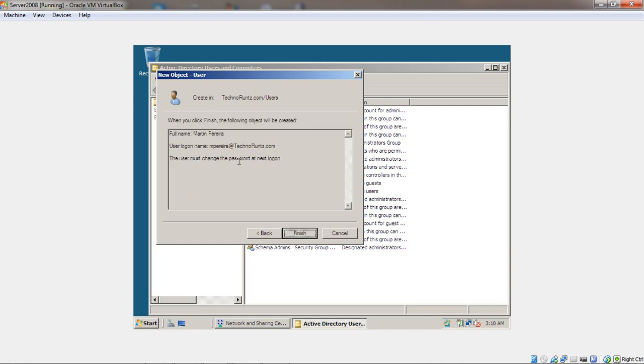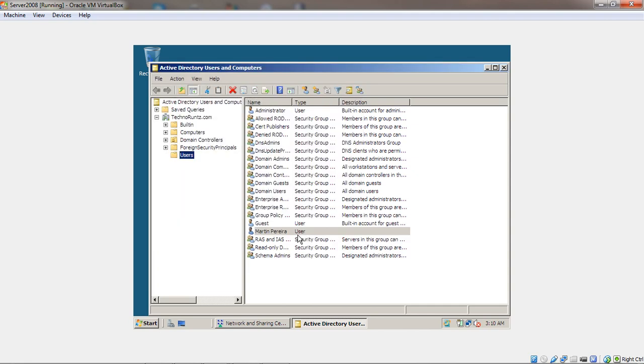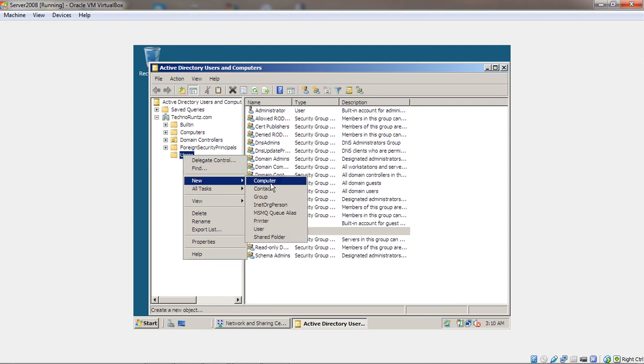Here it's just going to show me a summary of what I entered for the user, and it says the user must change the password on the next logon. Click finish, and that creates the user Martin Pereira. I'm now going to create a user for John Doe. Right click, come down to new, come across, new user,